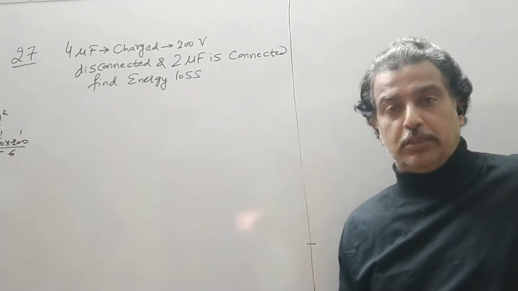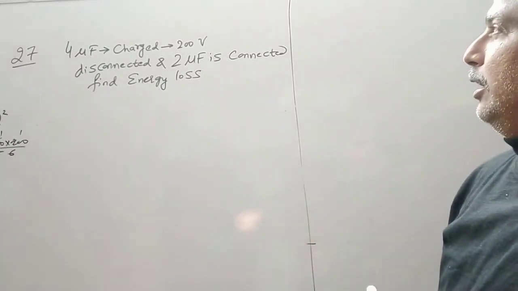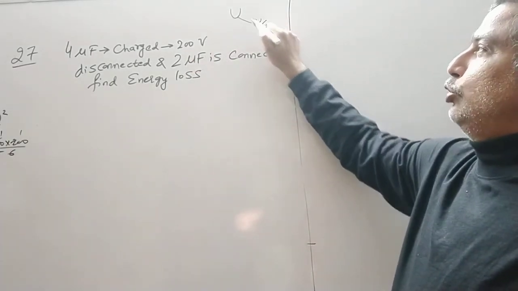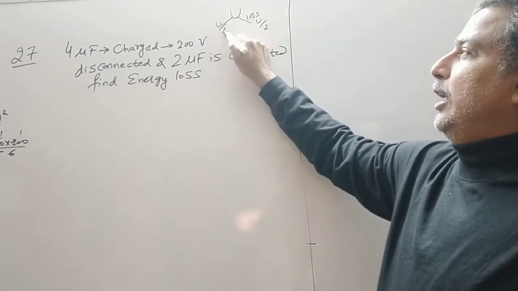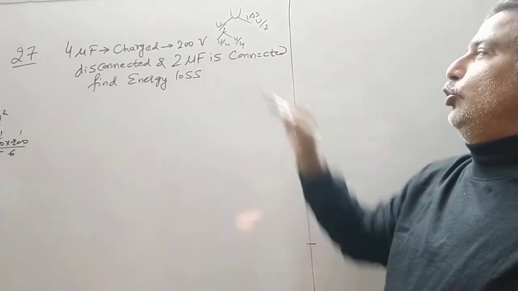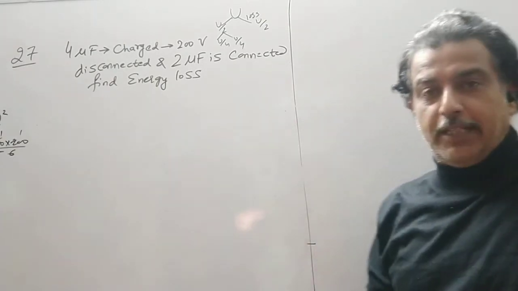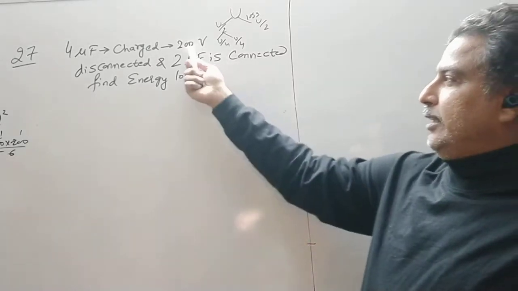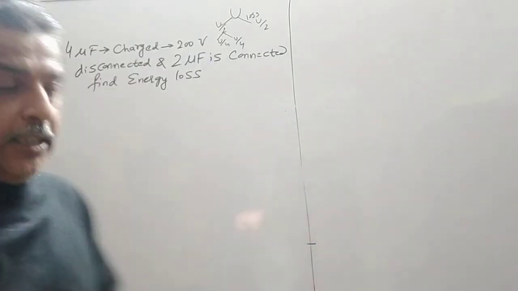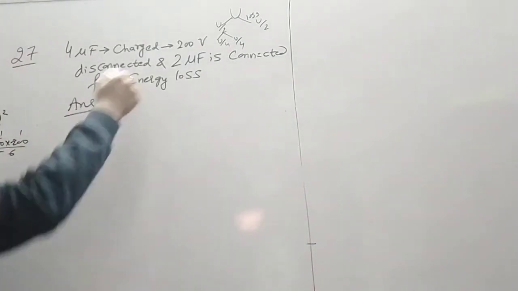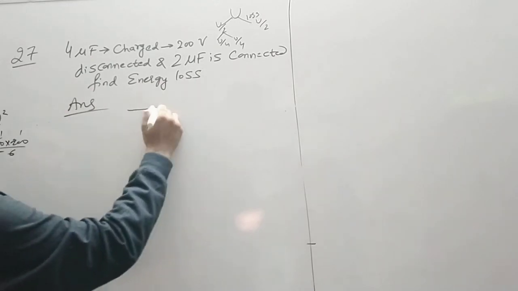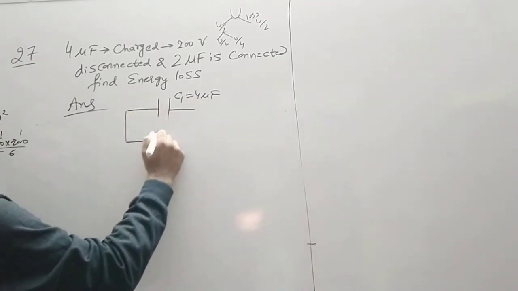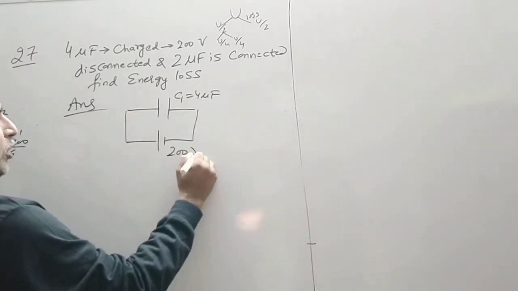Find the energy loss. Now if you remember, if they are identical capacitors, U was the total energy, the loss was U half, the pending was U half, and this U half was divided into U by 4, U by 4. That was a numerical in illustration as well as in the exercise also. Now they have changed the value. Now the capacitors are not identical. So let us see what is the difference between this question and the previous question. So first diagram, C1 is equal to 4 microfarad and it is connected with a 200 volt battery.